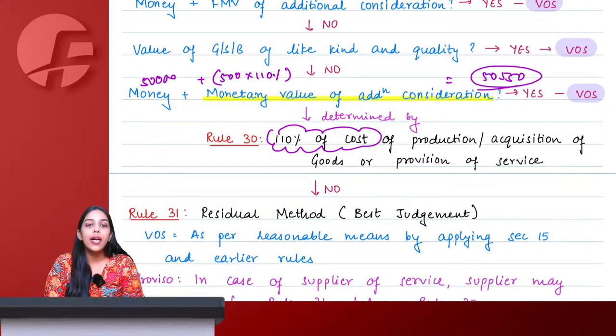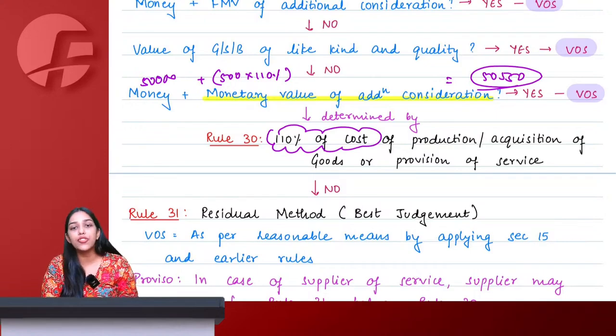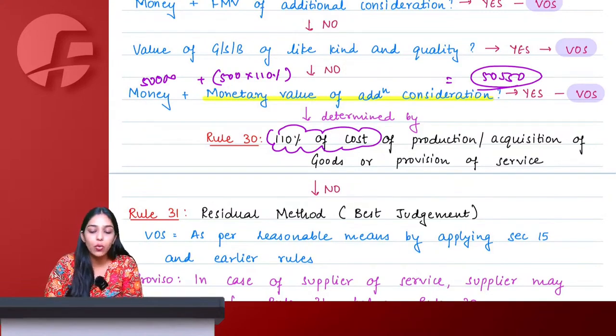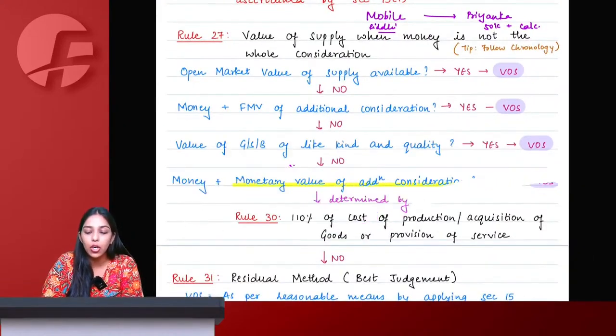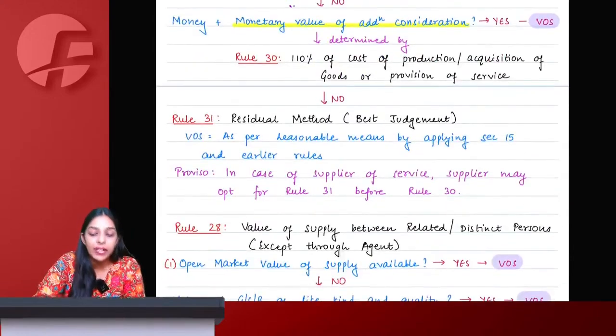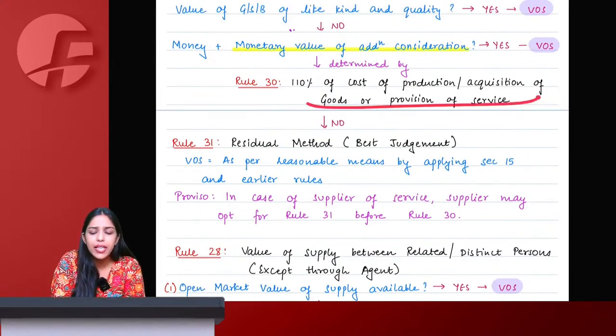of supply. So 110% of whatever is the cost of production or acquisition, or if a service is provided, then whatever is the cost of such additional consideration, taking 110% of that, I will add to the money that I am receiving, and that becomes my value of supply. You always have to follow the chronology. You cannot break the chronology under rule 27 except for services, because understand, even if by this